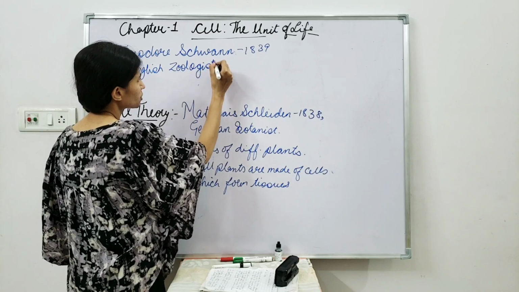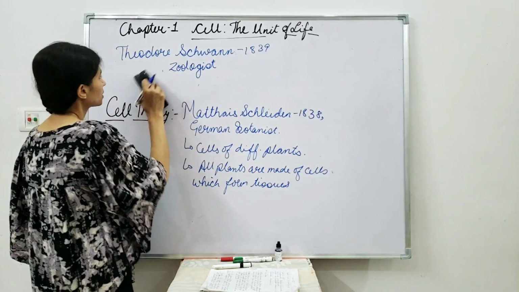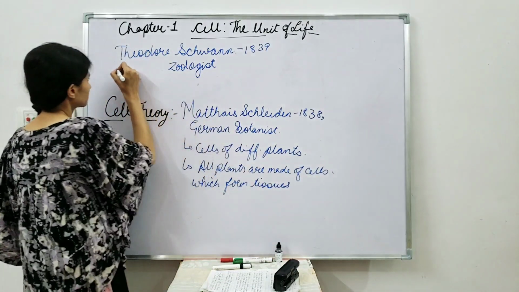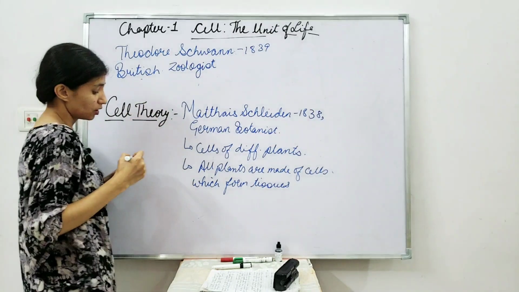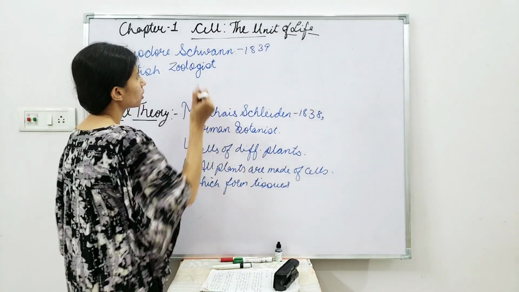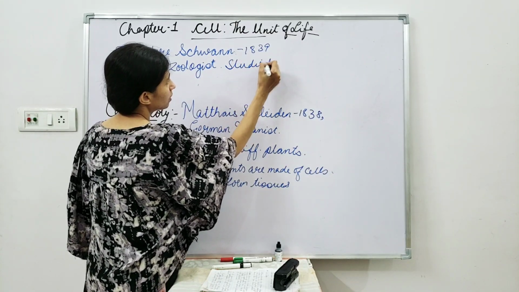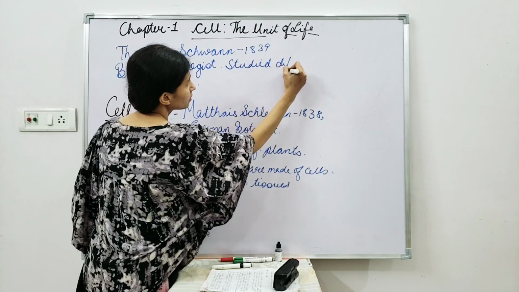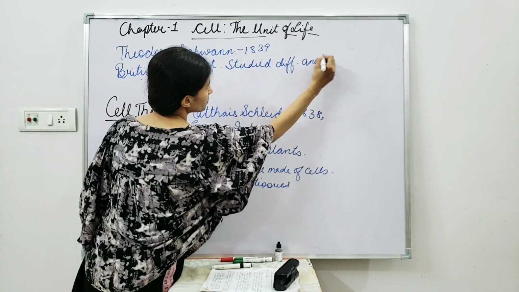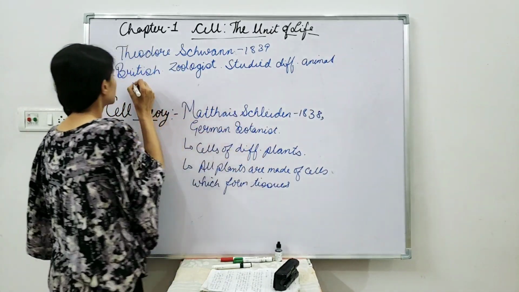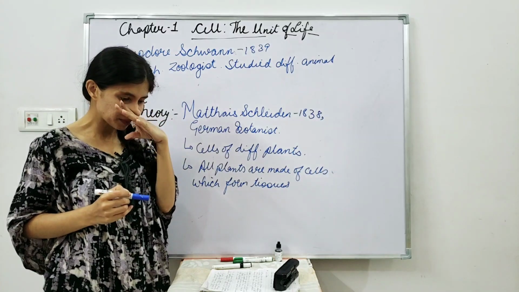You can say English zoologist or British zoologist. Okay, I just write it British in case you get confused. He was a British zoologist. So actually what he studied, he studied different animal cells. Okay, he studied different animal cells, and the reason why he studied them is because